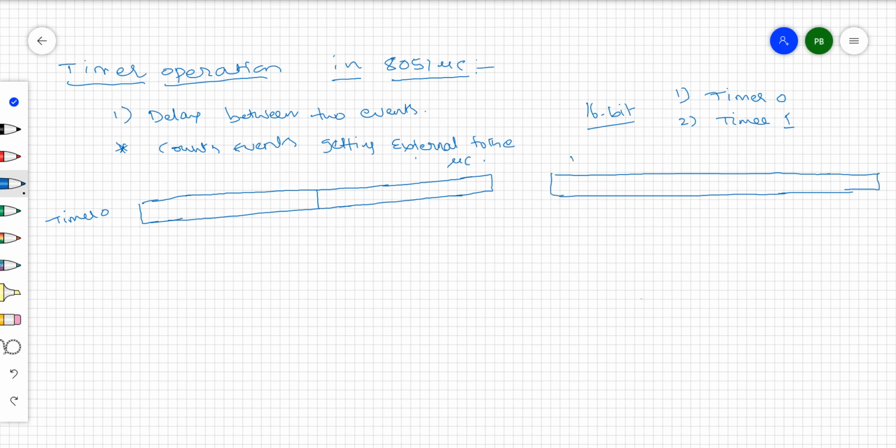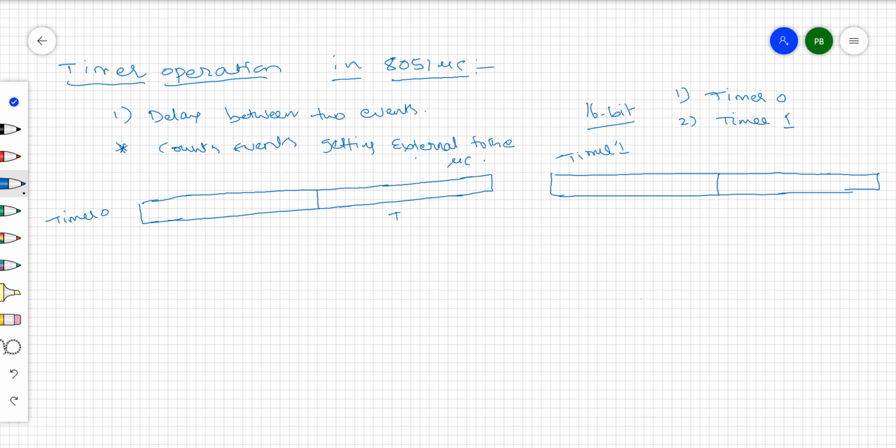Both are 16-bit registers. Normally the 8051 controller is an 8-bit controller. That is the reason every time you can read and write data 8 bits only. That is the reason this 16-bit register we can divide into two parts.